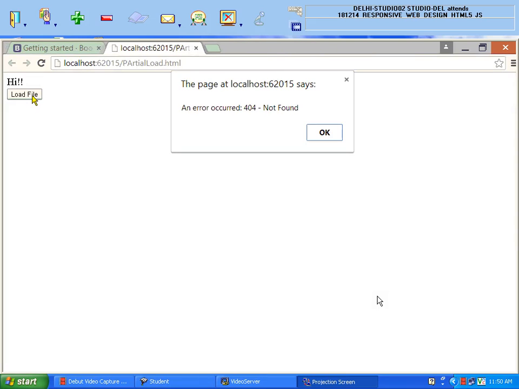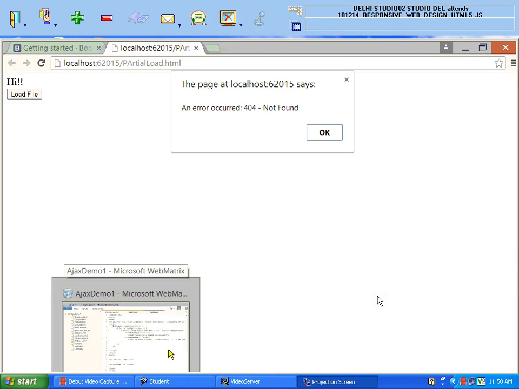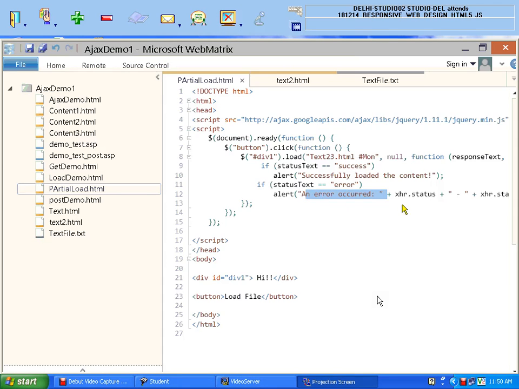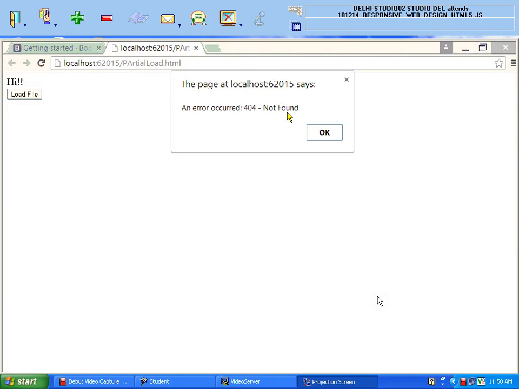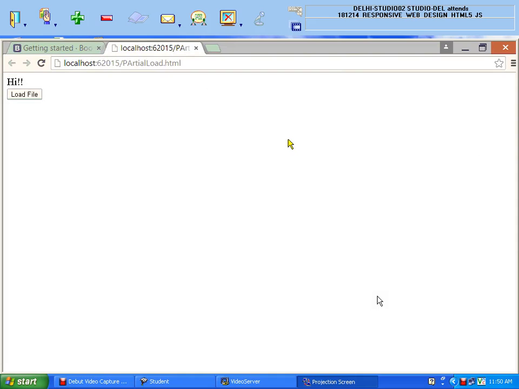Now you can see an error occurred, at this place an error occurred. After that I said XHR status. So what is the status? Not found. So what I want to say is that the web page is not loaded.